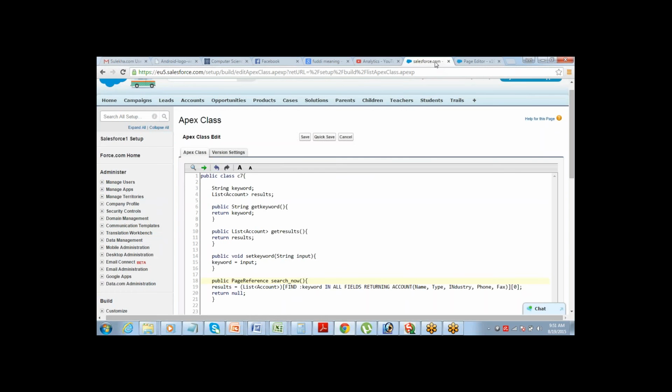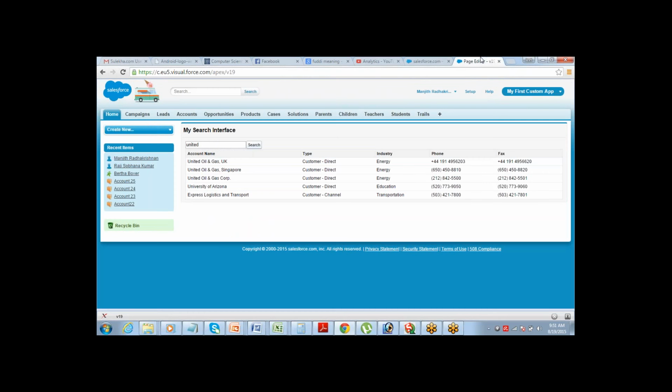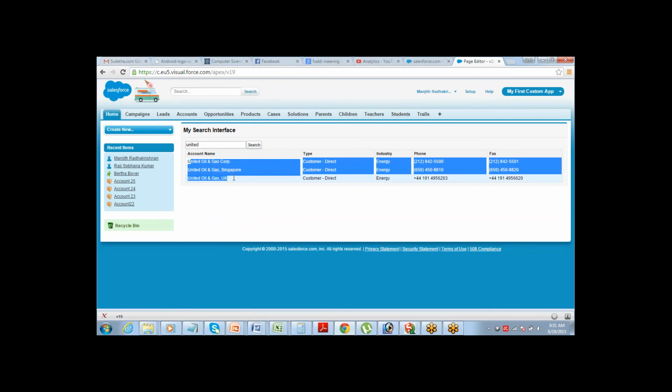Okay. So why is it searching all the fields? Because I've clearly said in all fields. We have an option of performing the search in some fields only. Like you can say in name fields also. Now it will search only the name fields. It will not search all the fields. Now if you try to perform the search, see, it will only show you the records where the United keyword is appearing in the name. So you have both the options. You can perform a search on the name field, or you can perform the search on all the fields.